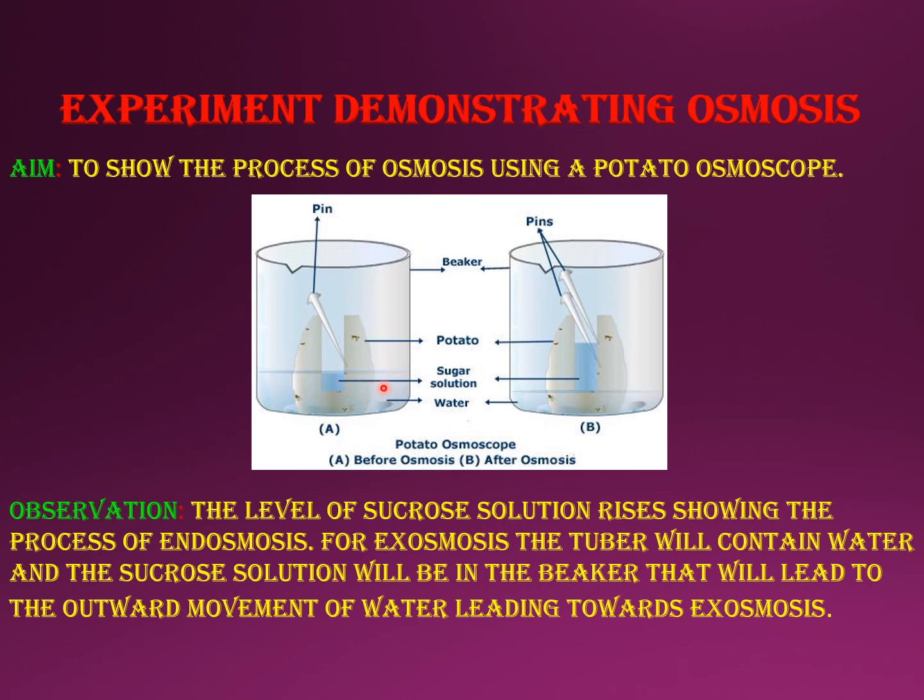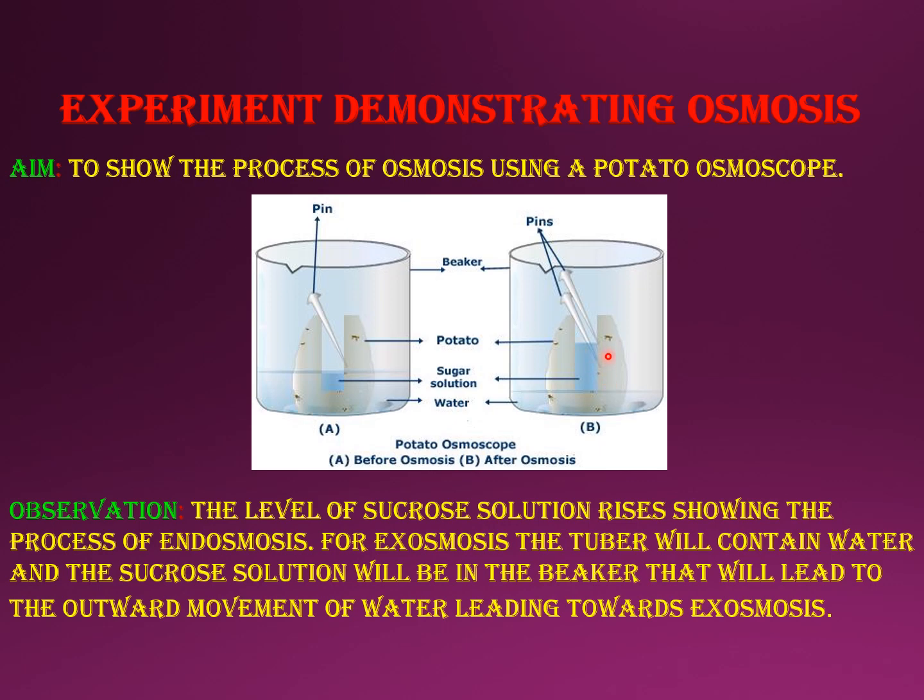Now mark the level of the sucrose solution with a pin slowly. Don't pierce it tightly, because if you pierce it tightly, it will form a hole. Now you mark the level with a pin, and now slowly add water into this beaker. After a few minutes, you will see that the level of the sucrose solution increases above the marked pin level.